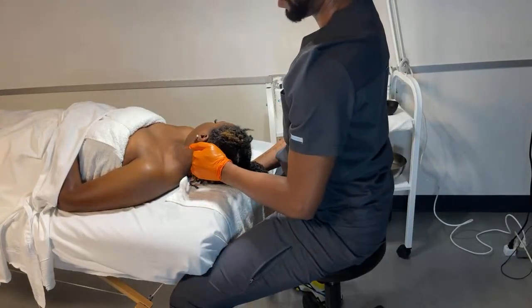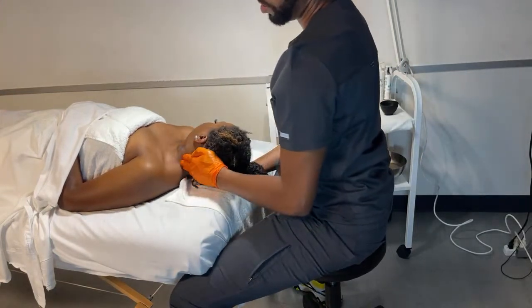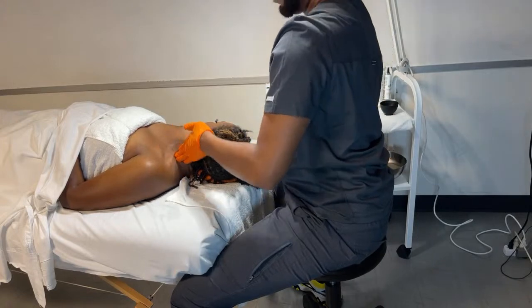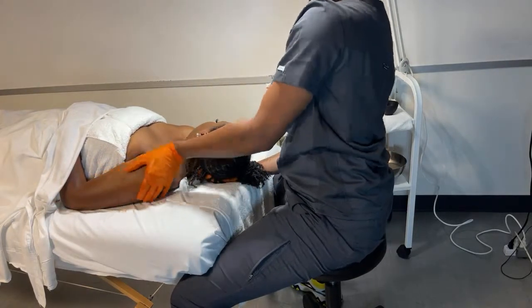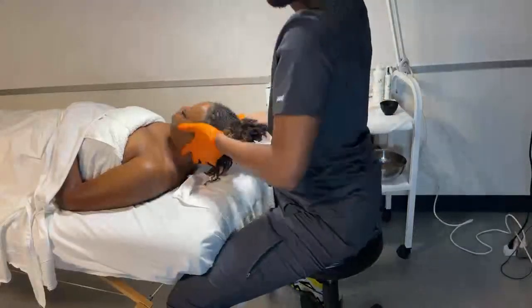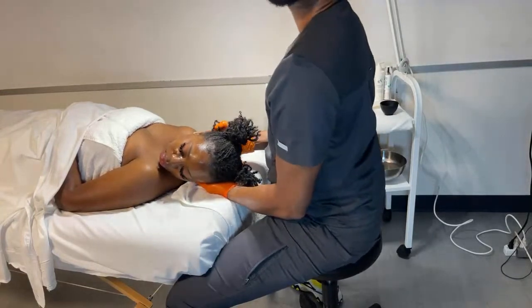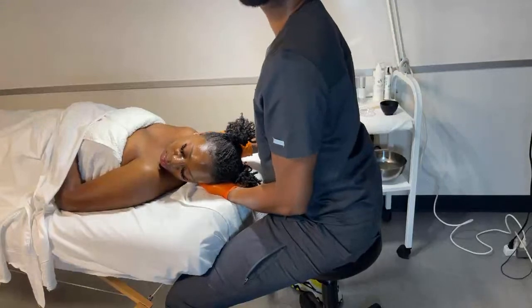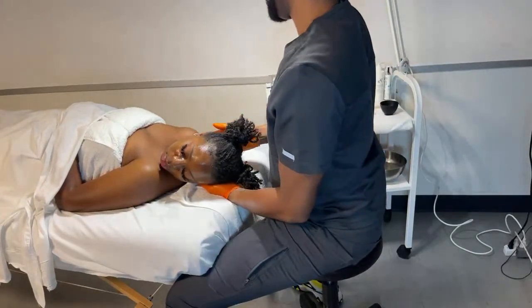Friction all the way up. Stop at the nape, press down, up, again. Friction, 2, 3, and stop, and press, going down, and up, and friction, 2, 3, press, down, and up. From here, going all the way up, make sure the wrist flat, rock, rock, rock, and again, other side, 1, 2, 3, and press, and down, and up, again, 2, 2, 3, press, going down, and up, last time, 1, 3, press, going down, and up,